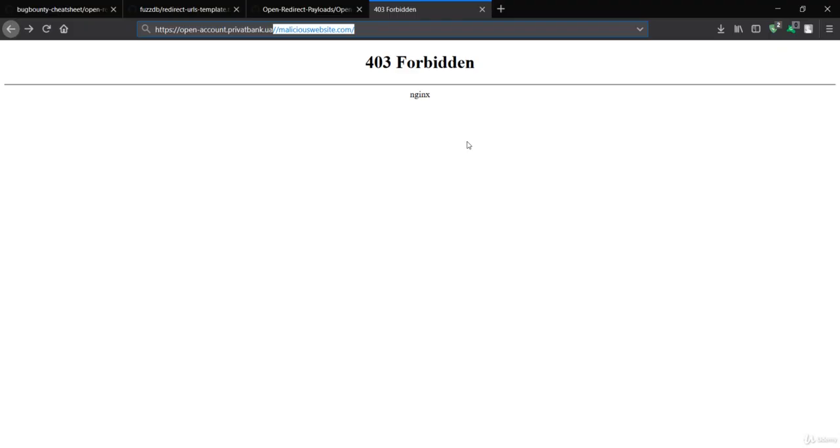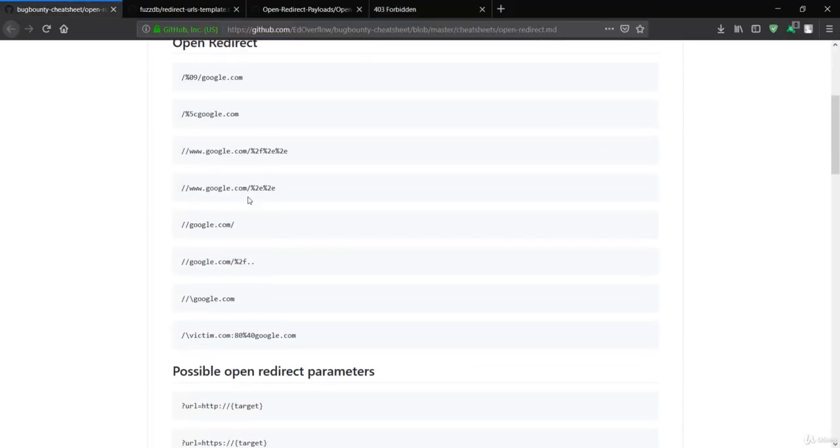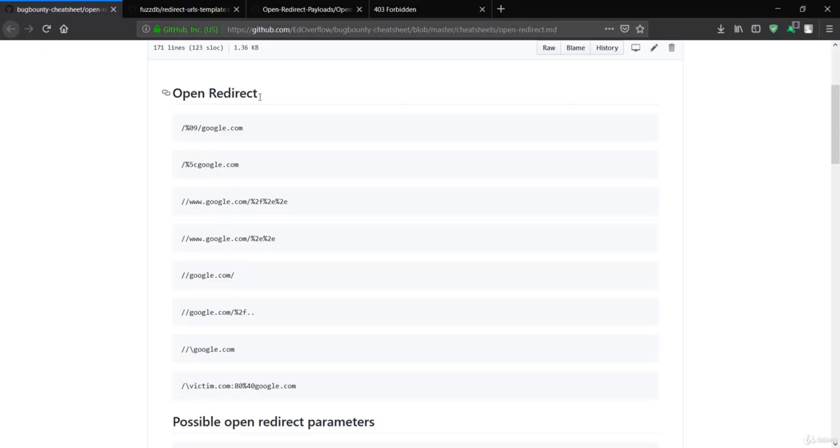If you get any error or a 403 Forbidden, that means it is not valid, or you cannot access the information, or the URL redirection is not valid for this link with this payload. If you get something like 404, that means the page is not found. But if you see some redirection, that means this payload is working. So you can just try some of these payloads. These are good payload examples for the open redirect with the path fragment.